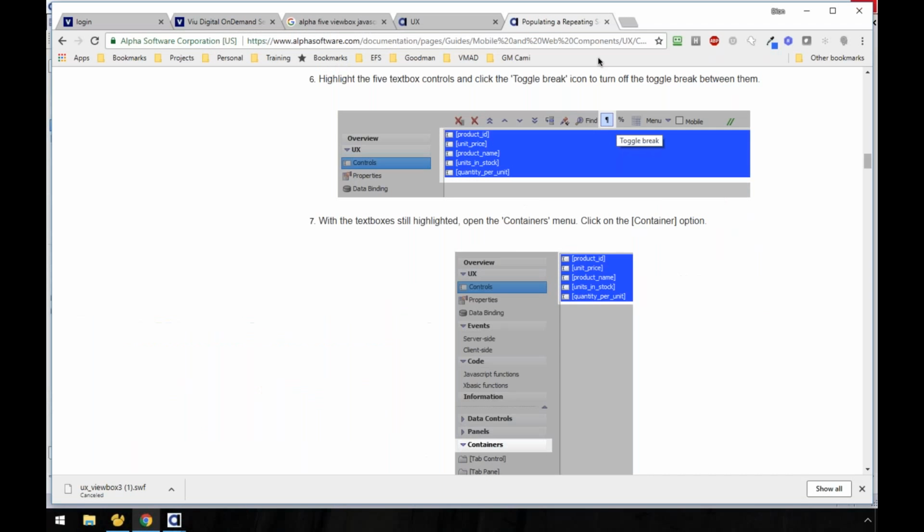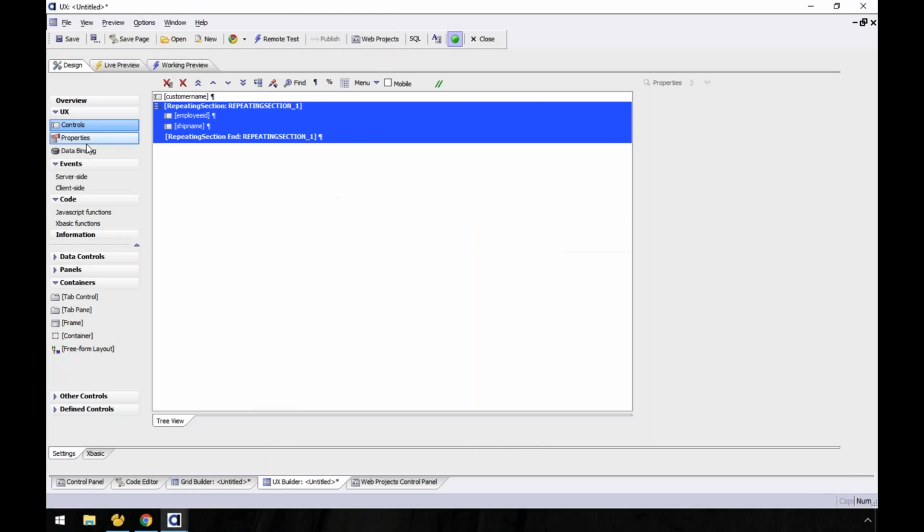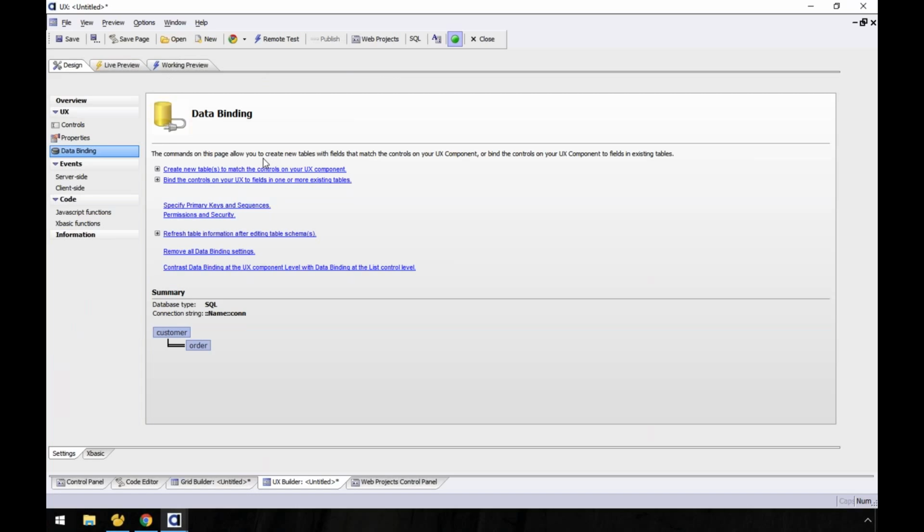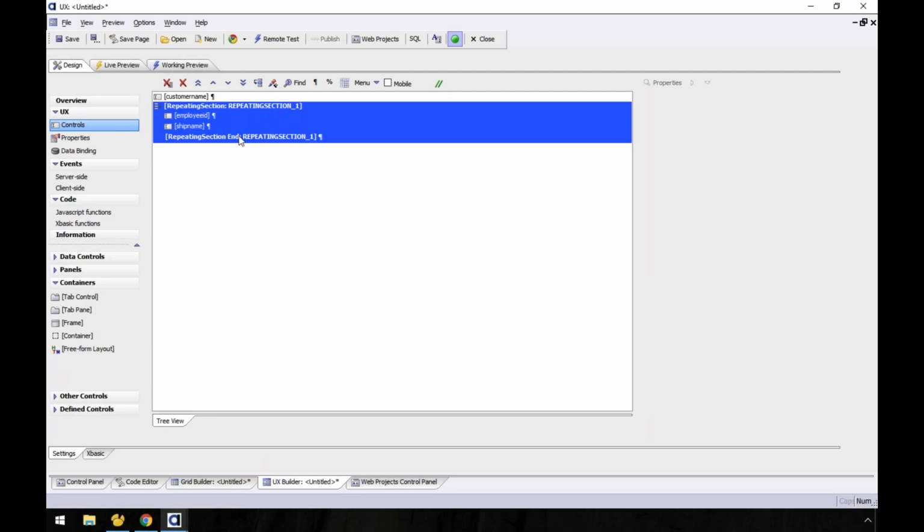The similar concept in Alpha is that in the data binding, in the query for the grid, in the data binding for the UX, you set up your relationship between the parent and child. Then you use the repeating section to show those multiple child items inside the UX, and it's fully editable. You can add new records. It obeys the parent-child relationship, so when you create new records, they're inserted with the right ID, and it's really handy from there. So I hope that's helpful.